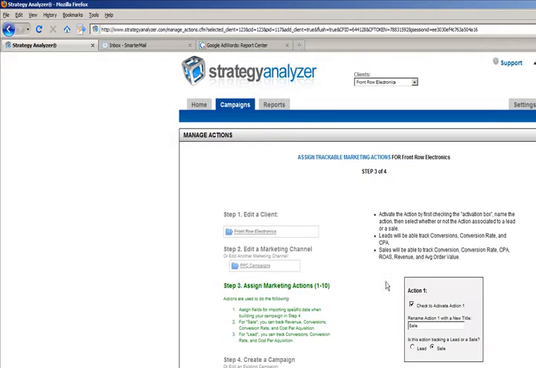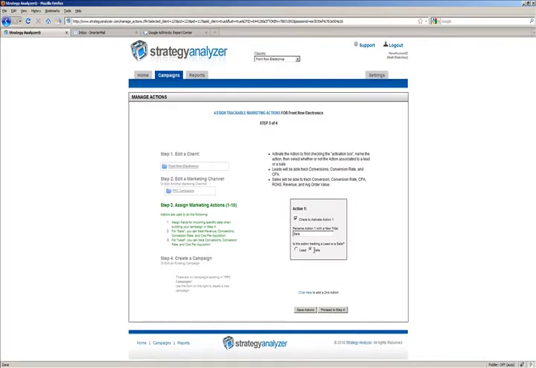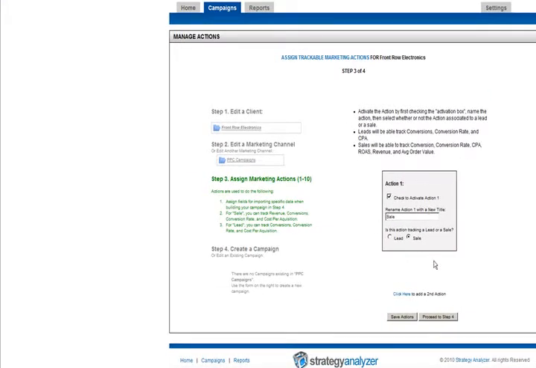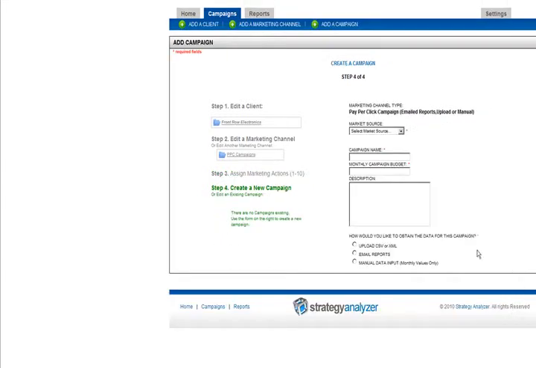and then we save the marketing channel. And what's going to happen is you'll go to step 3, and step 3 is going to be providing actions within the system. And actions by default, the first one is going to be a sale, and sales are used in the system to track revenue, ROAS, conversion rate, and average order value. If you change this to lead, leads only track conversion rates. Okay, the revenue is not tracked. So we're just going to leave action 1 set, and we're going to proceed to step 4,